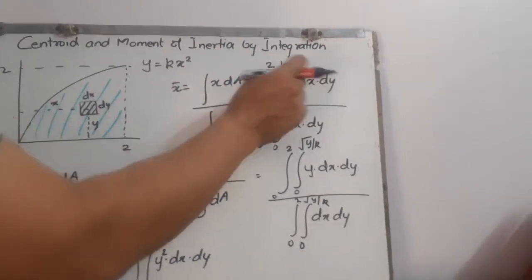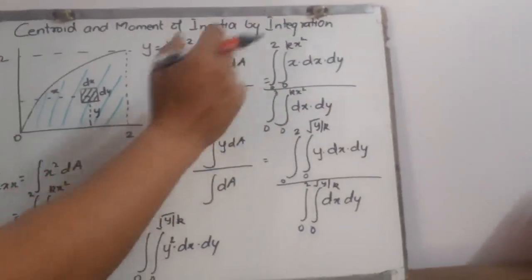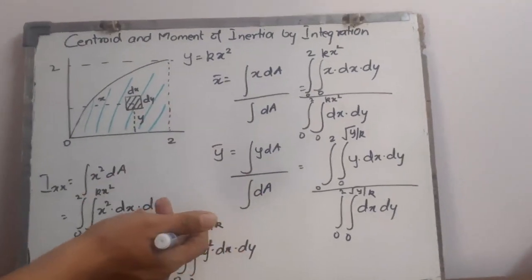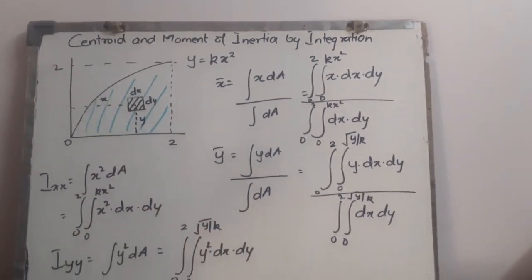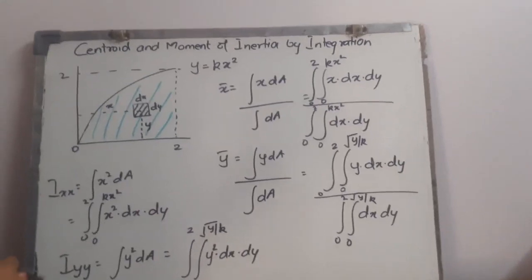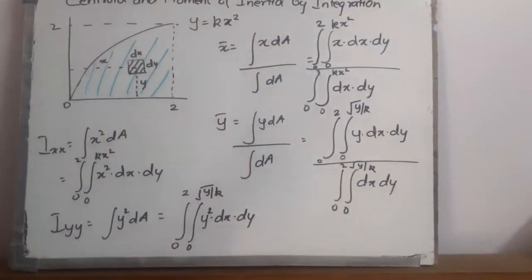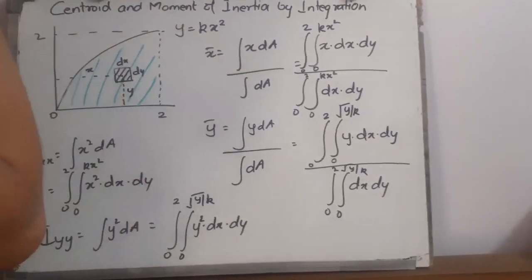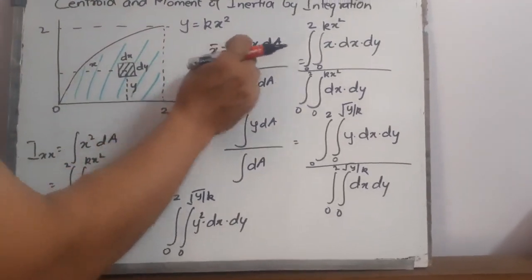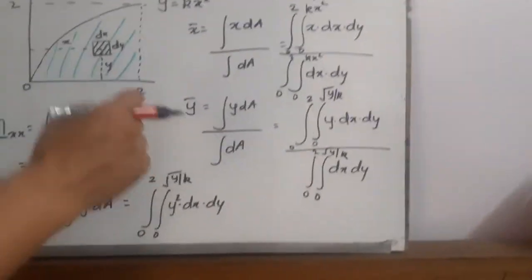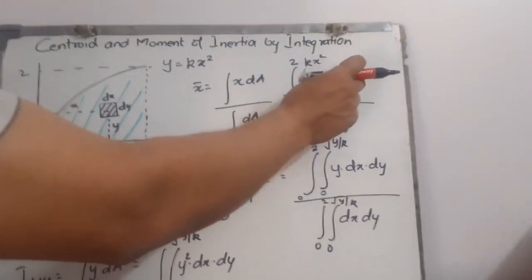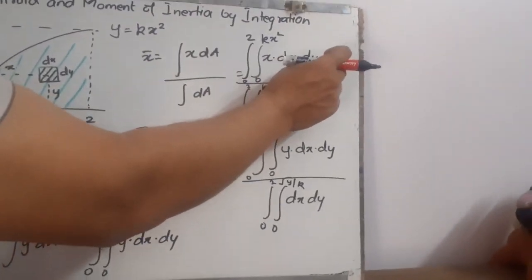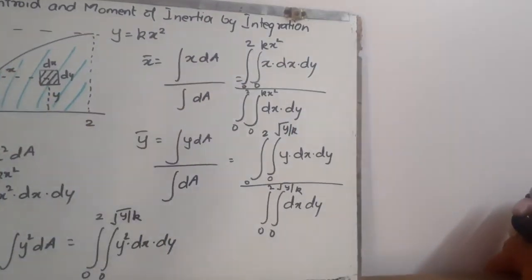Now you need to integrate, and both of them can be integrated first. If you integrate dy, that can be integrated, and dx also can be integrated. But in problems of this type, you are finding out x bar. So when you are finding out x bar, x will be integrated last. So x and dx remain as they are. Now you have dy. So when you first integrate dy, you should know the limits of dy.